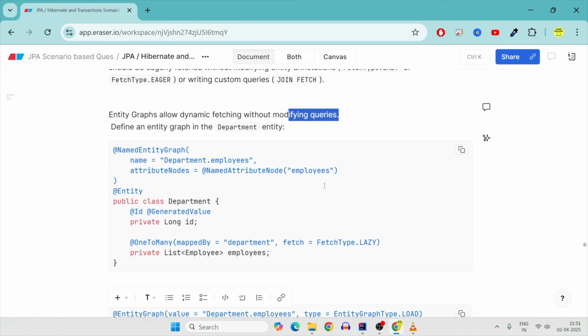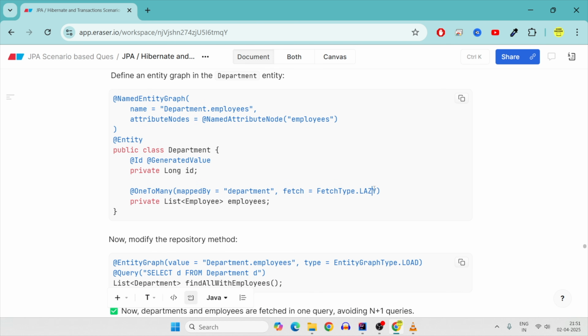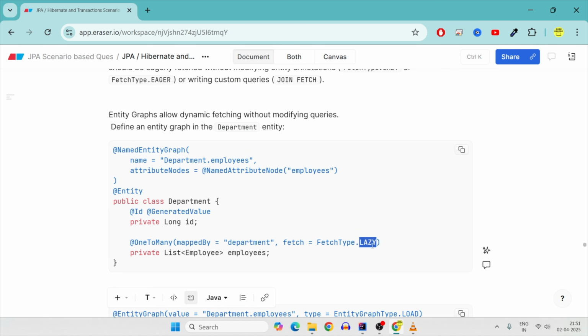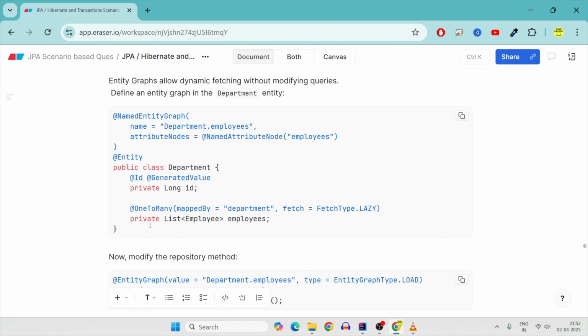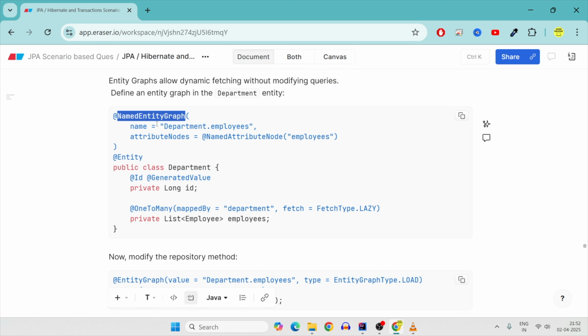For example, if there is a department, there is a list of employees with the fetch type lazy, you are not changing the annotation, you are not changing the mapping. What you are doing is, you have the entity graph created that on the department.employees, please fetch all the employees. So this is a named entity graph, and how do you use it? Now you would ask me, okay, you have annotated the name of this particular entity graph, and you are expecting employees to be fetched for the department table. So how do you use it?